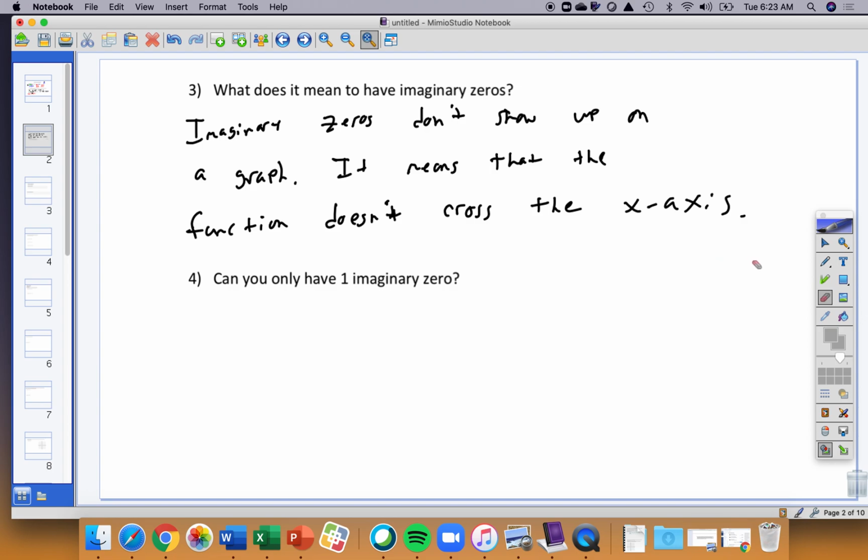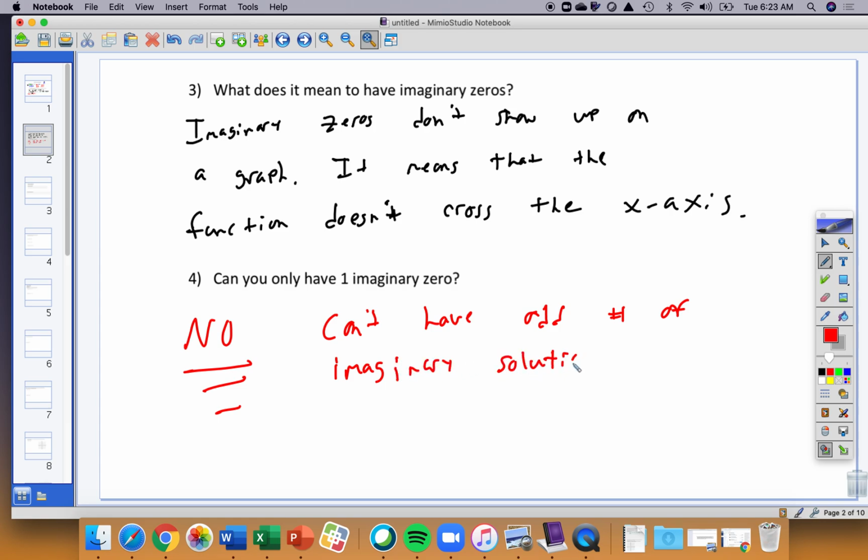And my other question, which is the important one: can you only have one imaginary solution? Many of you answered this as, can you have more than one? That's not what the question says. The question says, can you only have one imaginary solution? And the answer is no. In fact, you can't have an odd number of imaginary